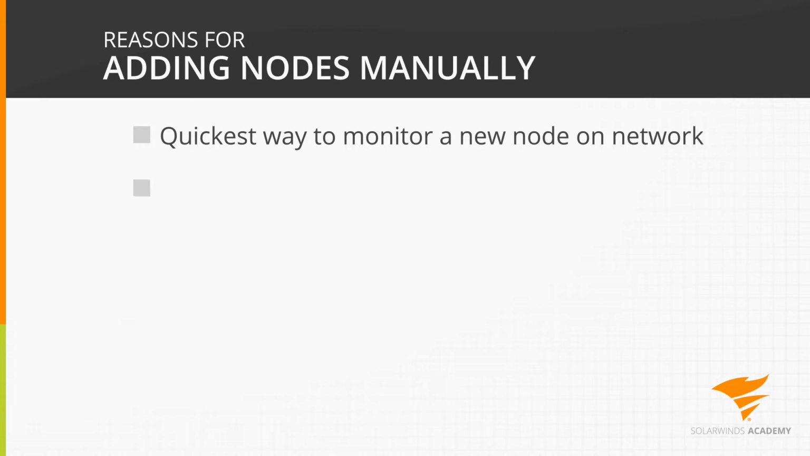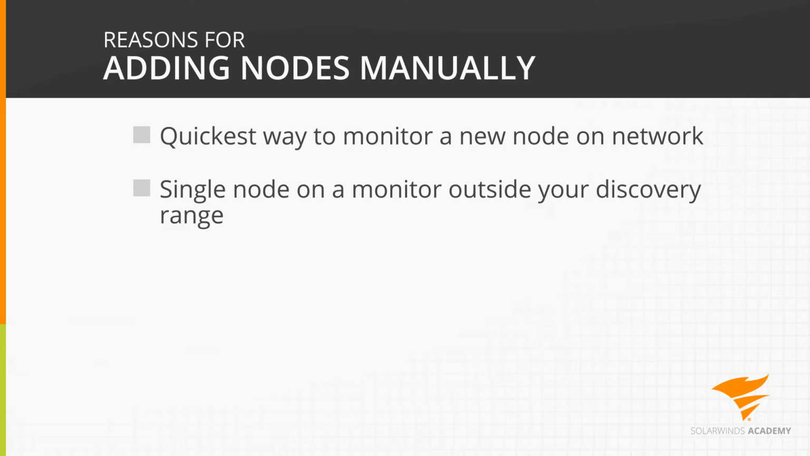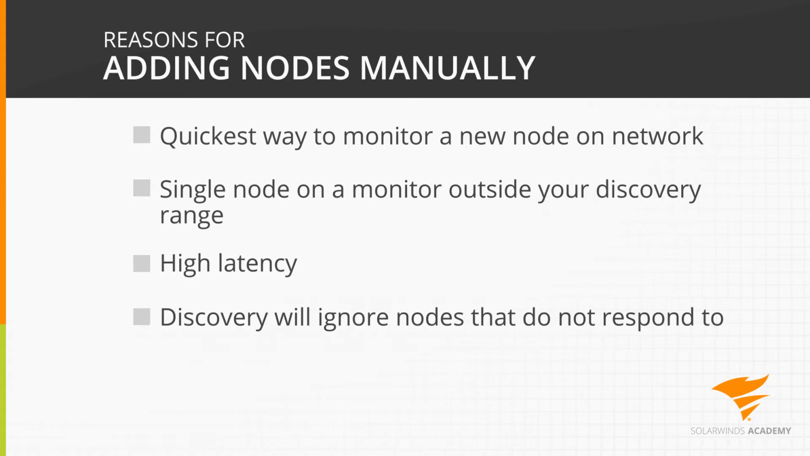Or it may be that you have a single node you need to monitor that sits on a network outside your discovery range, like a single server in a remote office. If that's the only node you'll be monitoring in that office, maybe you don't want to create a discovery job or add a larger discovery range to an existing job. Or maybe the discovery job just can't find the node because of high latency or because the node won't respond